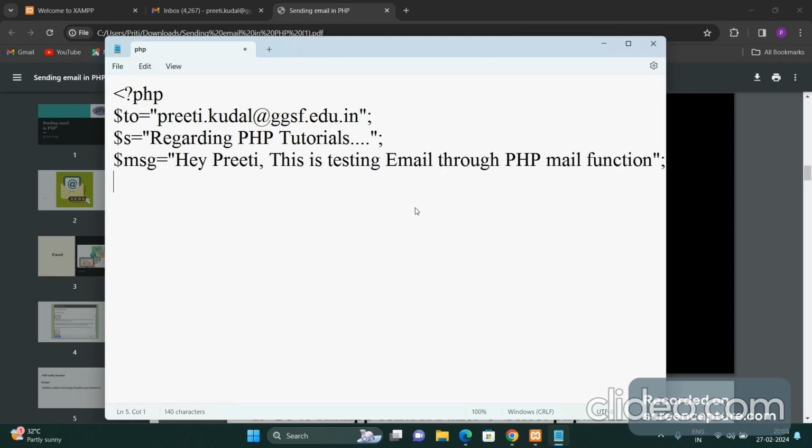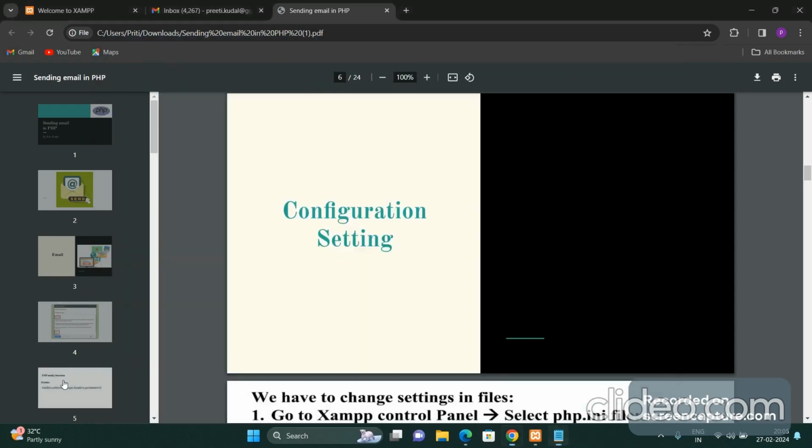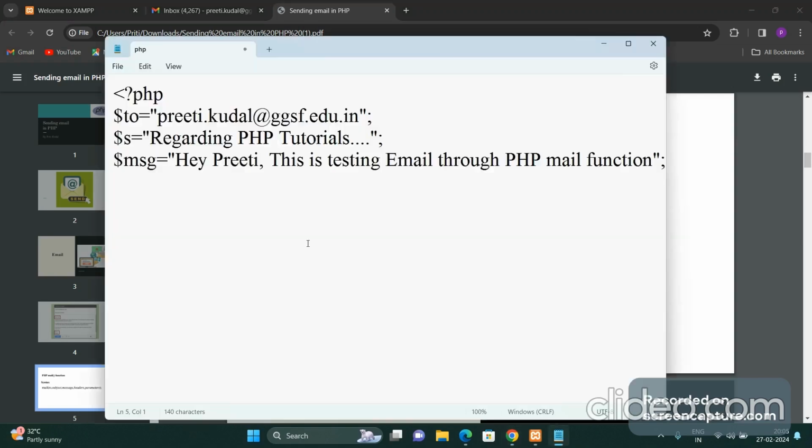The header and parameters, the last fields, are optional ones. In header and parameters, here you can mention from, CC, BCC, other email IDs that you want to use. Now we have to use the mail function. If it gets successfully done, it will return true. So in the mail function I am giving $to, then $s, and then suppose $message, and here suppose I want to mention from where I am getting a message, suppose